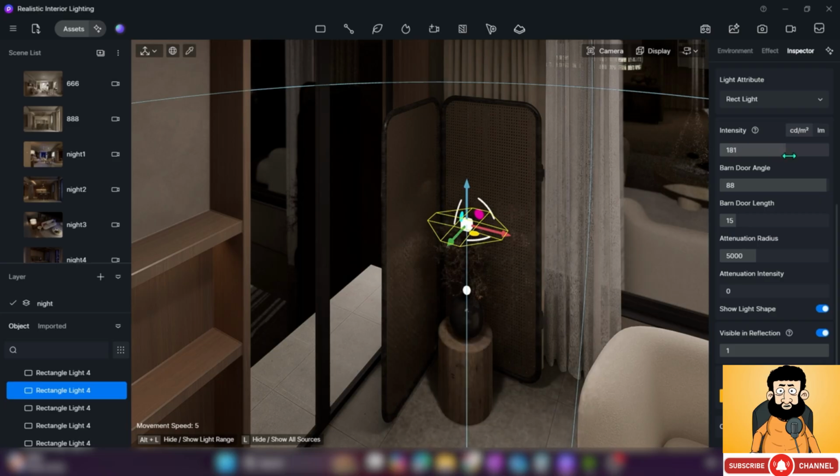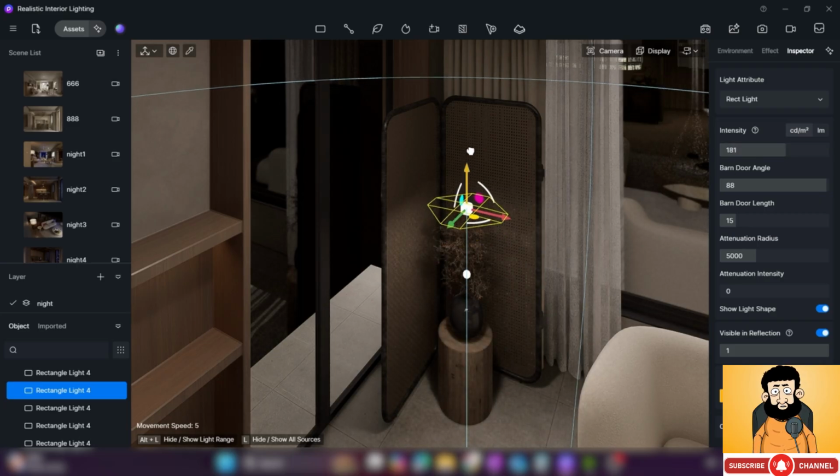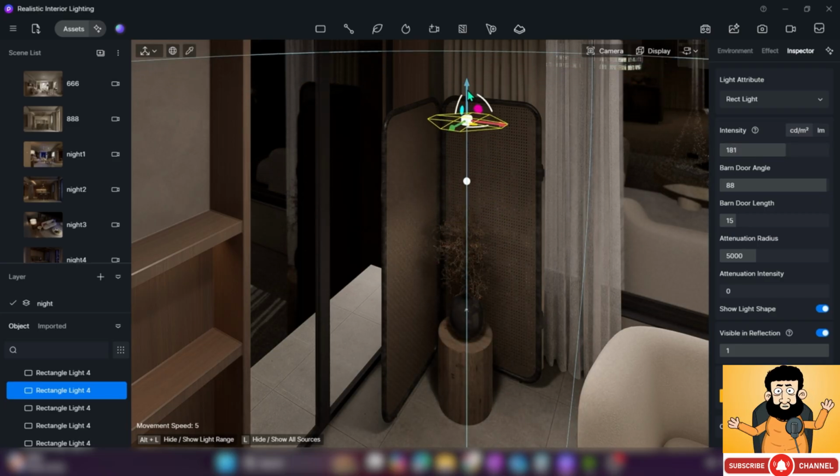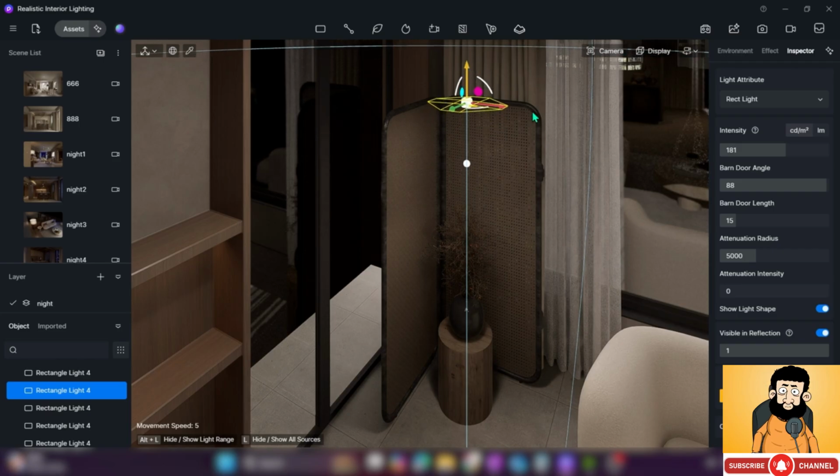I'll increase the intensity a bit. Now the intensity is a bit high. I'll increase it to maybe,